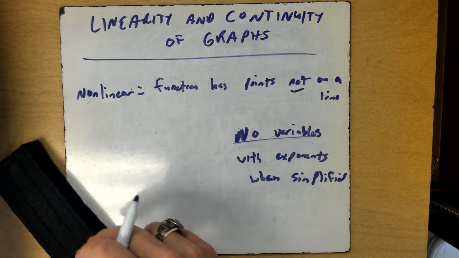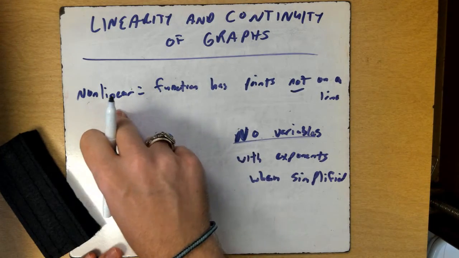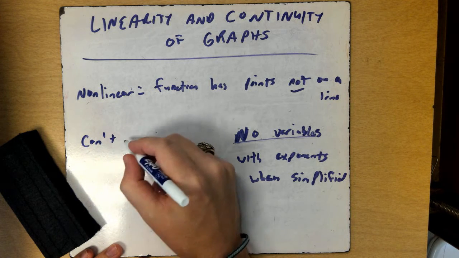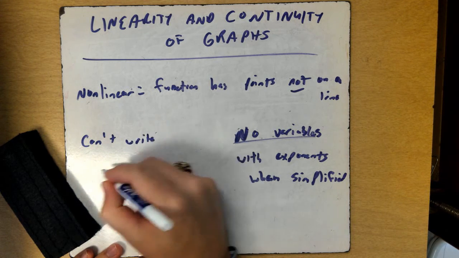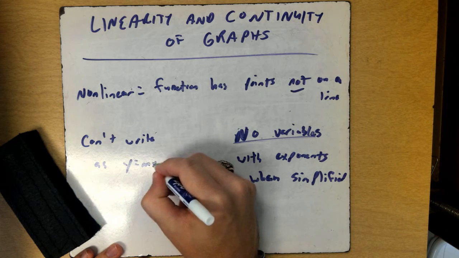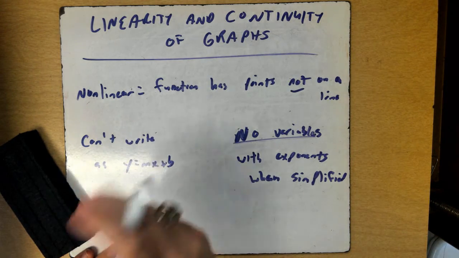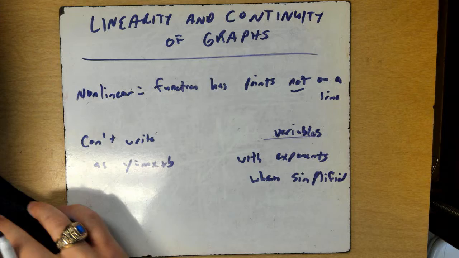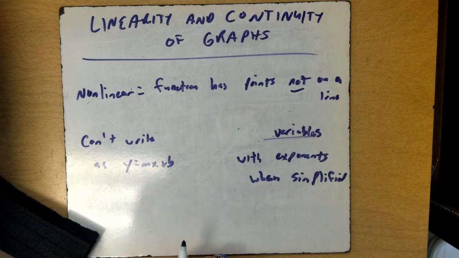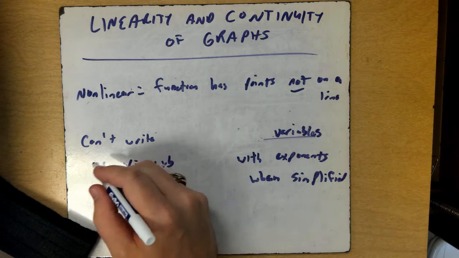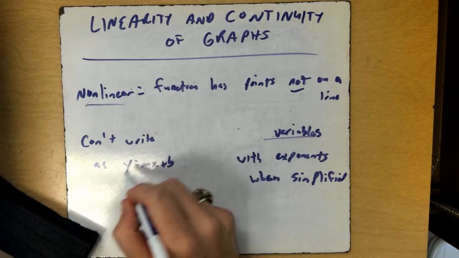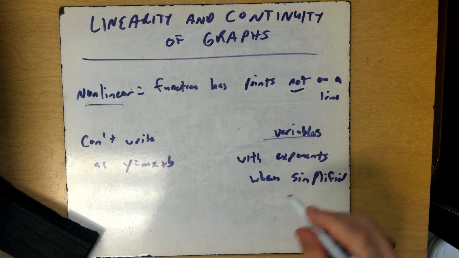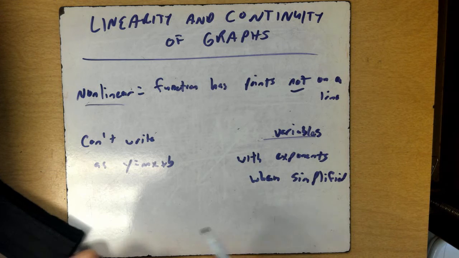So when you have a nonlinear function, you cannot write it in mx plus b. So you can't write it as y equals mx plus b. You can't have that if it's nonlinear. And also, this one does have variables with exponents when simplified. Okay. So if it's nonlinear, if you can't write it as y equals mx plus b, if it has variables with exponents when it's simplified, or if it has combined